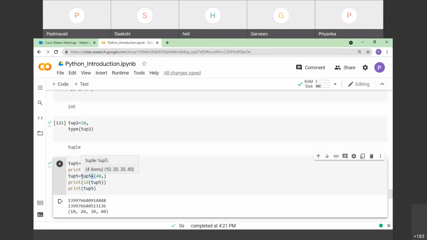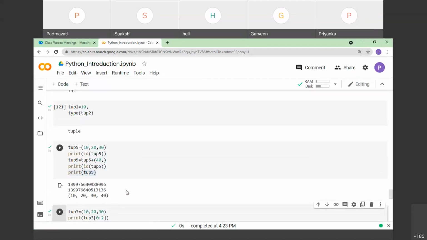It simply takes two tuples, and the contents of tup5 and the contents of the other tuple will be concatenated with each other. I wanted to check whether the same tuple is created or a different tuple is created when we use the concatenation operation. So I just printed the resultant tuple tup5.